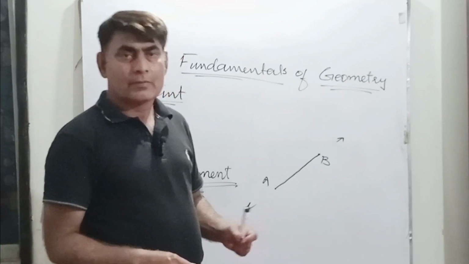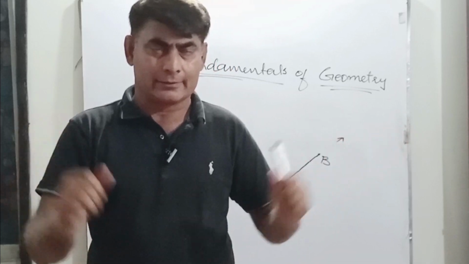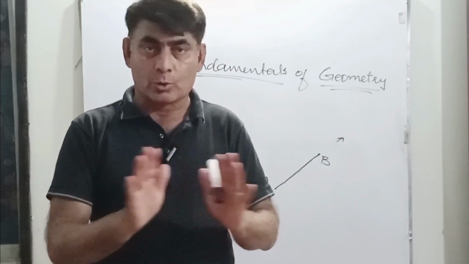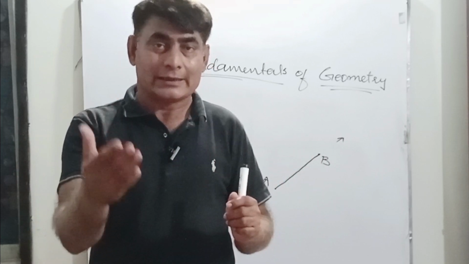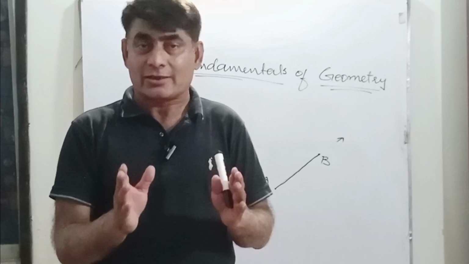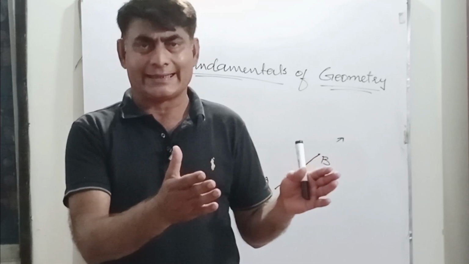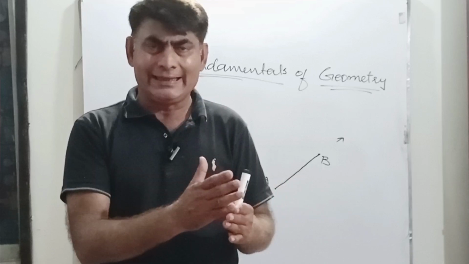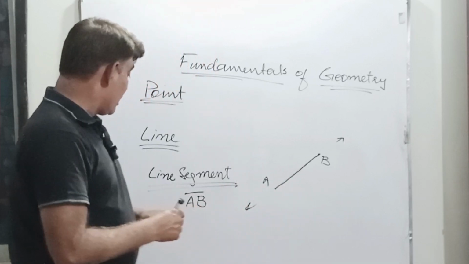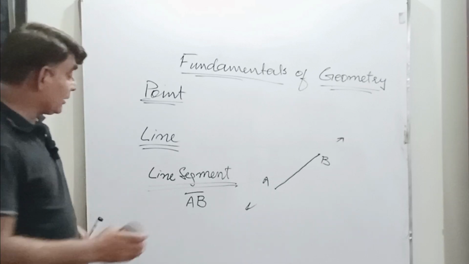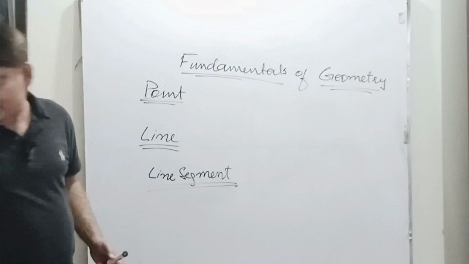One more thing over here, a ray. Okay, a line has two proceeding ends. A line segment has no proceeding end, but if one point is fixed and the other one is proceeding, then this is called a ray. So a ray is also a part of a line, has one fixed point, one proceeding. So this is a ray, and a ray can be represented by an arrowhead. For example,